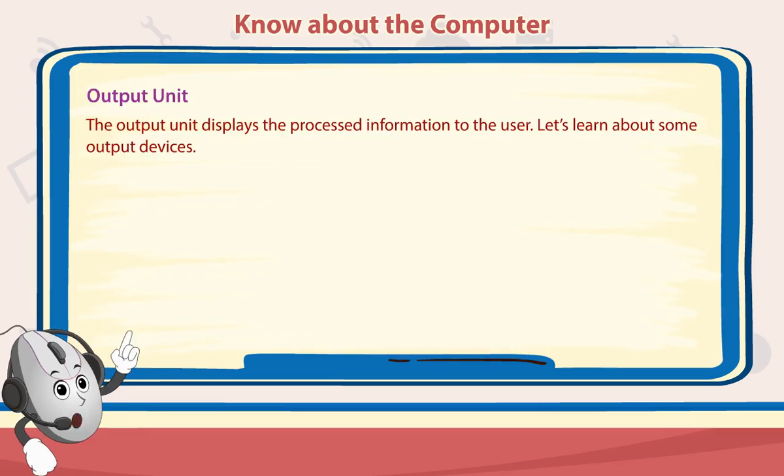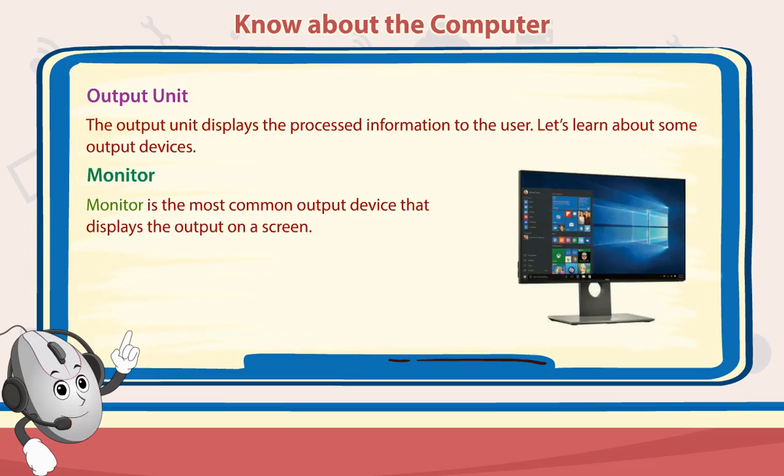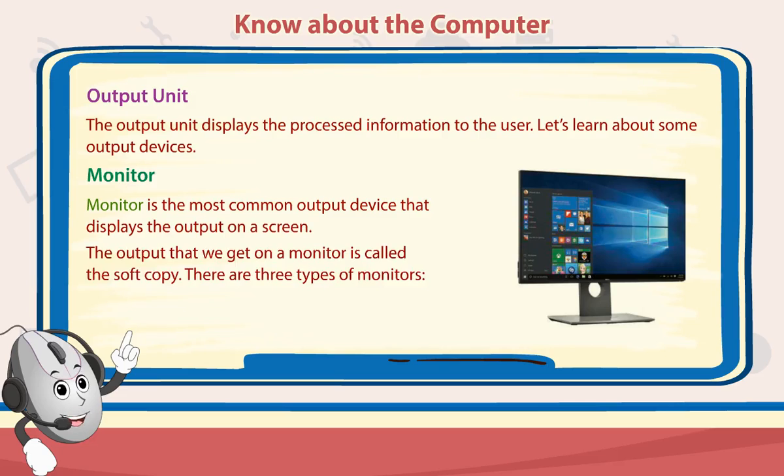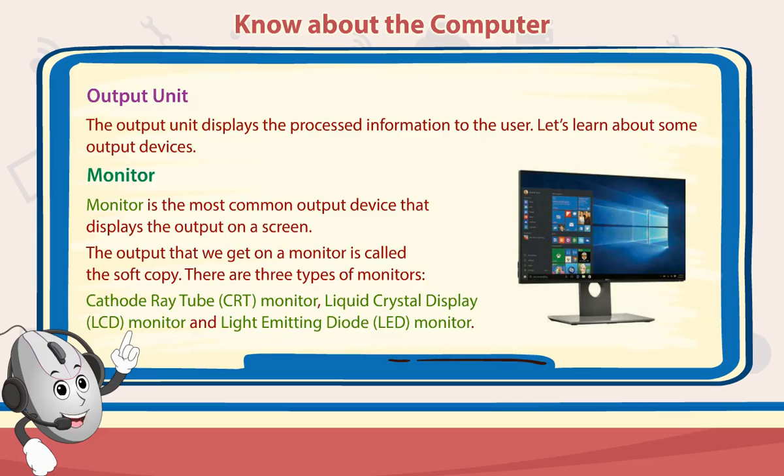Output unit. The output unit displays the processed information to the user. Let's learn about some output devices. Monitor. Monitor is the most common output device that displays the output on a screen. The output that we get on a monitor is called the soft copy. There are three types of monitors: cathode ray tube (CRT) monitor, liquid crystal display (LCD) monitor, and light emitting diode